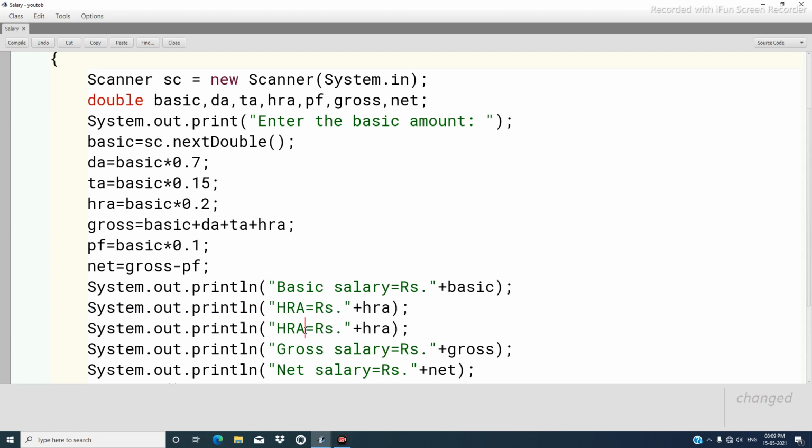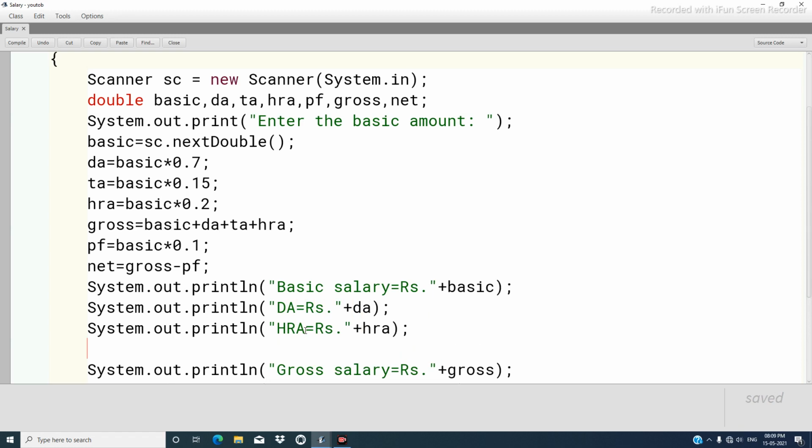After the HRA, it was DA. Sorry. First one is DA, not HRA. DA, that is dearness allowance. Second one is HRA. Third one will be TA. So TA is equal to traveling allowance, that is allowance provided for traveling to places.